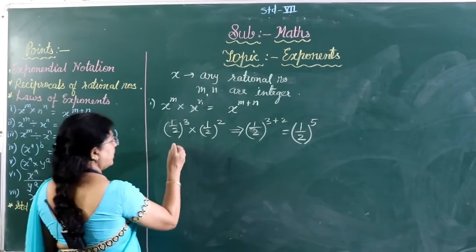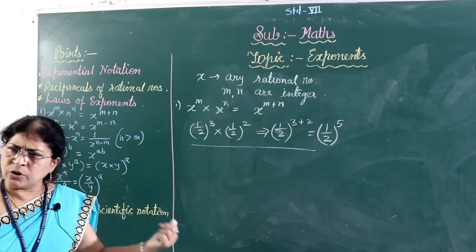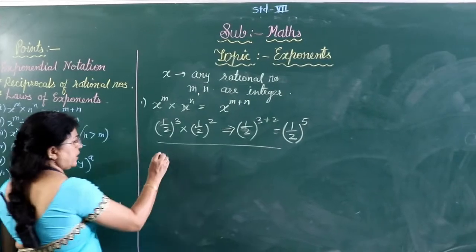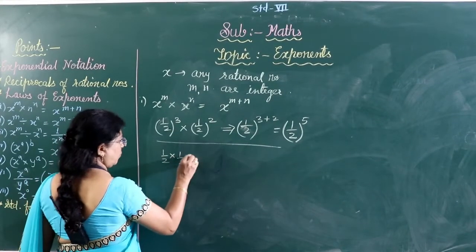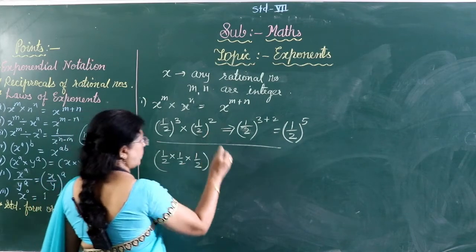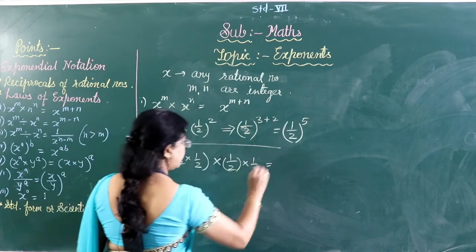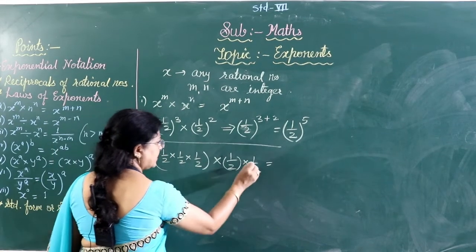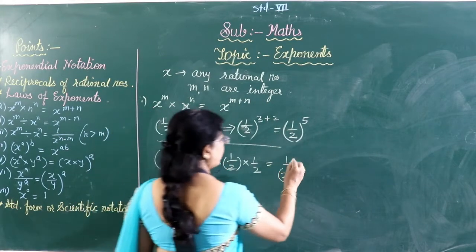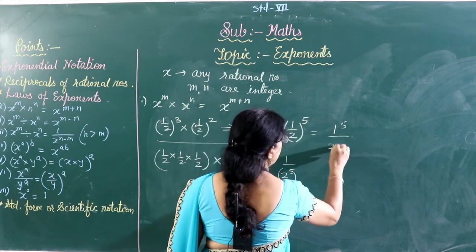Now without applying the law also you can solve. How can you solve this? See, 1 upon 2 raised to 3. Without applying the law we can also solve, and you can check whether by both ways we get the same answer or not. Right? So here 1 by 2 into 1 by 2 into 1 by 2, then multiplied by 1 by 2 square, means 2 times again, 1 by 2 into 1 by 2. Now check. 1 by 2, how many times is it repeated? 5 times. 1 by 2 raised to 5. Or this can be written as 1 raised to 5 and 2 raised to 5.